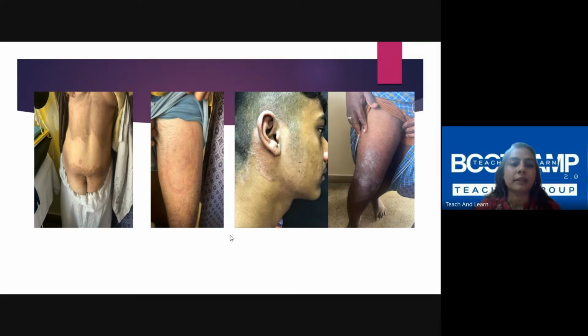So I would ask you to just put it in the chat box, what disease is this? The patient presents with itching for around 2 weeks, started initially on one area and then spread to other areas. The patient also says that some of the family members also have the same symptoms. So what do you think the patient is having? I cannot see the chat box, so someone has to tell me what they are answering. Yeah. Dwani said Tinea corporis. Anyone else?